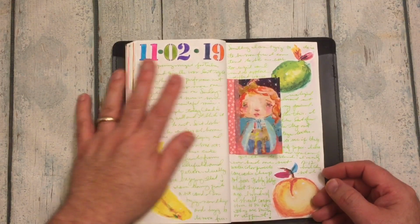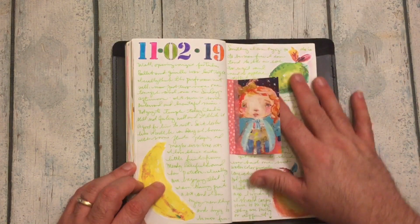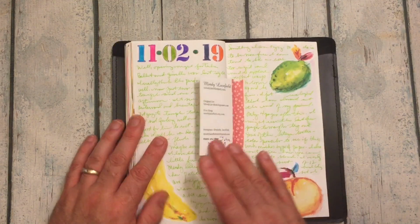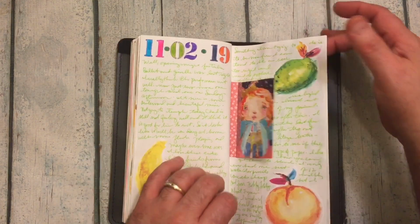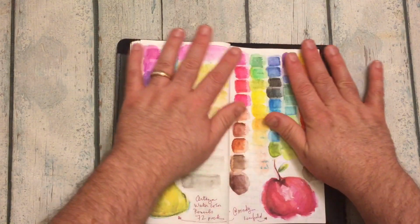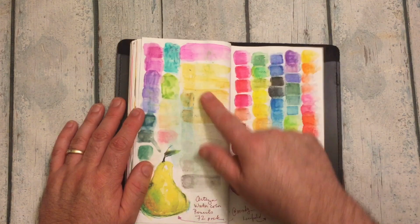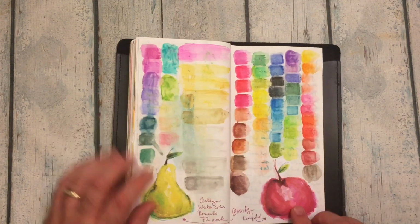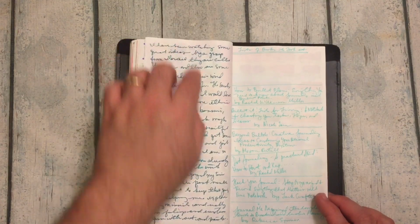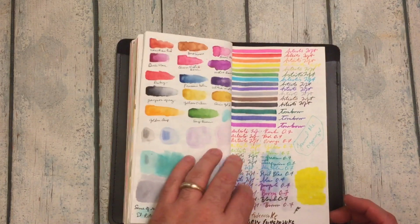Here was the 2nd. These are some printables from Mindy from Patreon that I glued down and thought a fun color and green pen would look good with that. And then I got some Arteza watercolor pencils. And so I just wanted to do some quick swatches. And that's more fruit from Mindy. And then just a last page of journaling and some books that I wanted to look at. And then the last 2 pages are just